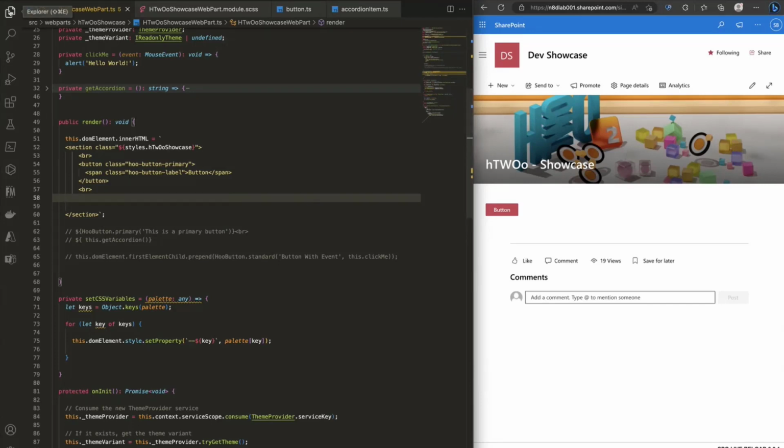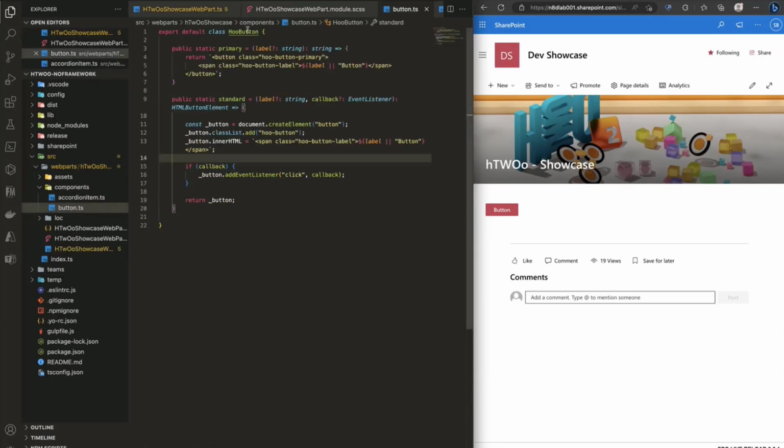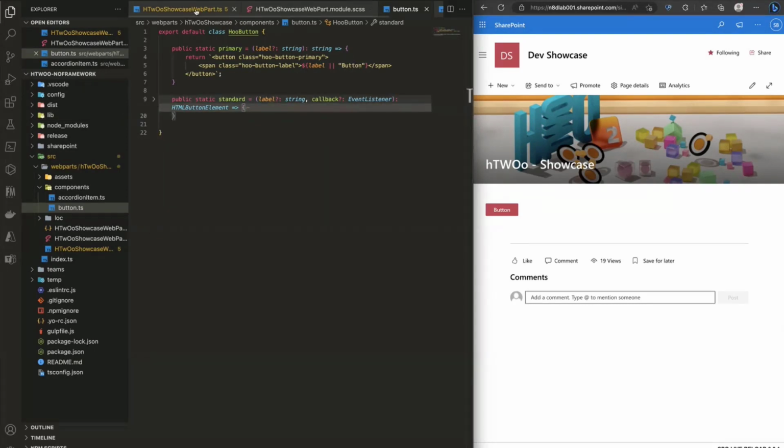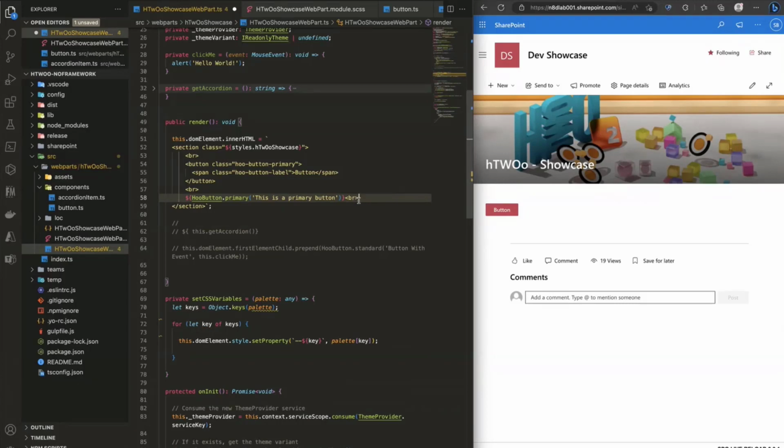So this is not really a smart way to do it. I show you another way of what I did also in here. So I have the components in here. Another way is I create a new component, which is a static component. It has a function in here, primary. I pass in a label, or when there is no label defined, then return me back the button label, as you will. And what I can do now directly in the HTML is I can go in here, paste this into the template literal, call the function, pass in, this is a primary button with a break afterwards,